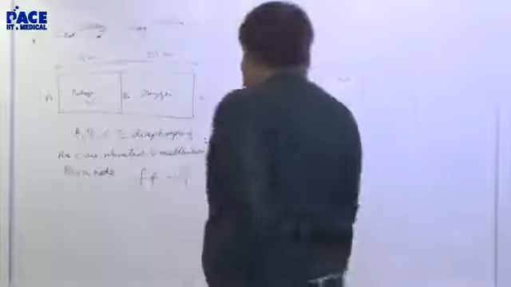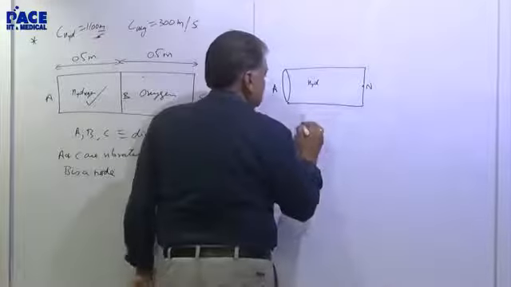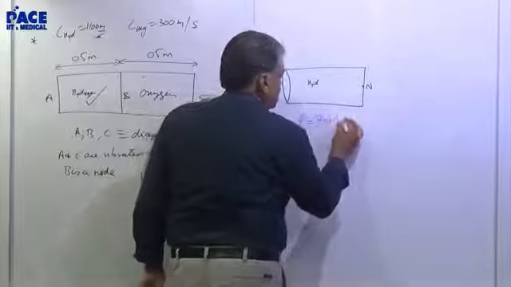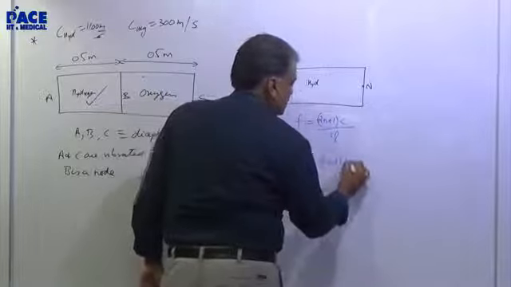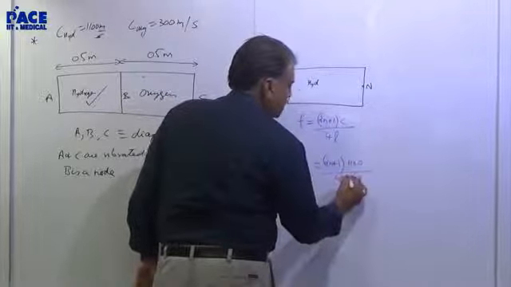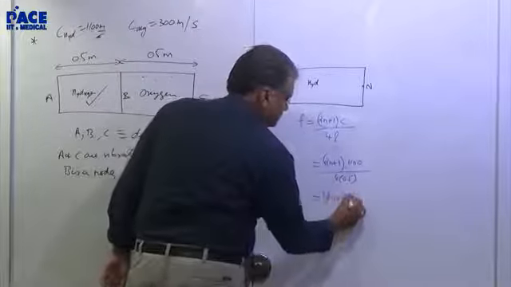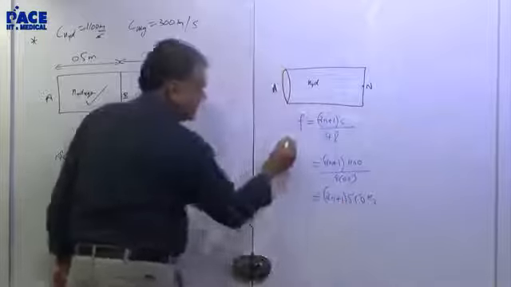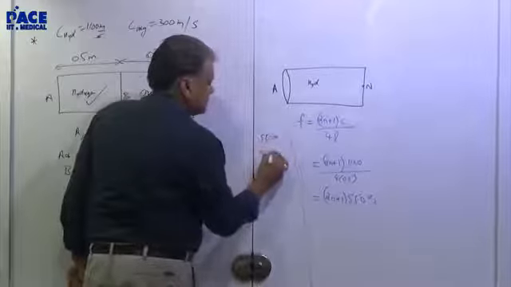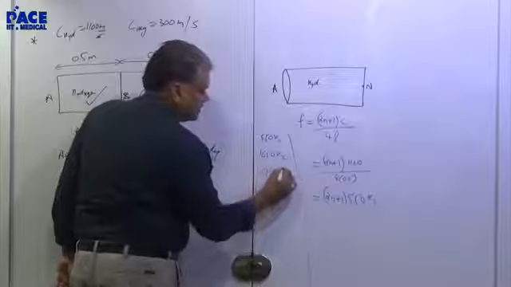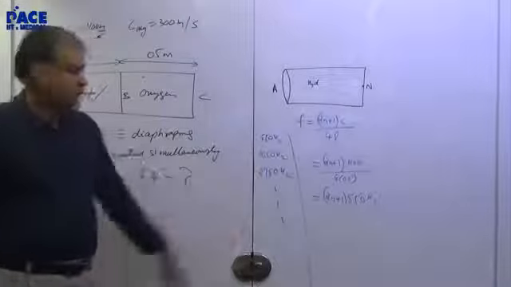So, in hydrogen it looks like a closed pipe. So if it's a closed pipe, what will be the general frequency here? It will be (2n+1) C by 4L. So it will be (2n+1), C is 1100 and 4L is 4 into 0.5. So that makes it (2n+1) 550. So the possible frequencies for the hydrogen pipe, the left side, are 550 Hertz, 1650 Hertz, 2750 Hertz, etc. Odd multiples: 550 ones, 3s, 5s, etc.